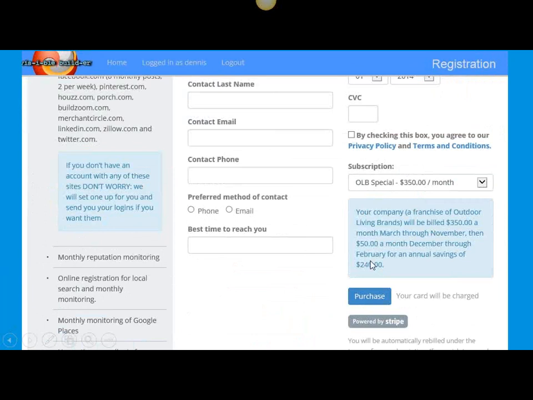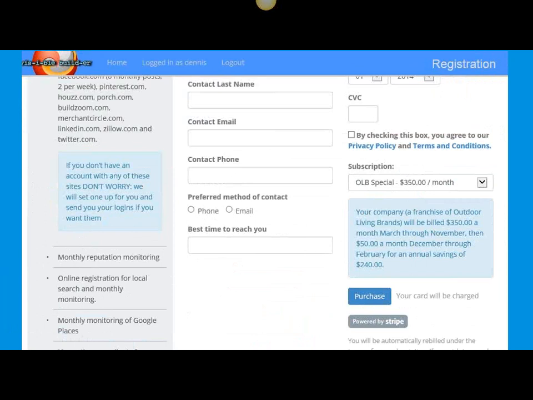So those low cash flow months of December, January, February, there is a very minimal payment to keep the process going. Now the work's going to be the same 8 posts, same keeping everything up to date during a very important part of the year when people are really starting their shopping and narrowing in to who they want to talk to in the spring. You will be relevant. And a lot of companies in our industry kind of hibernate. Visible Builder will keep that going, but at a lesser amount so it doesn't tax the cash flow during that time frame.